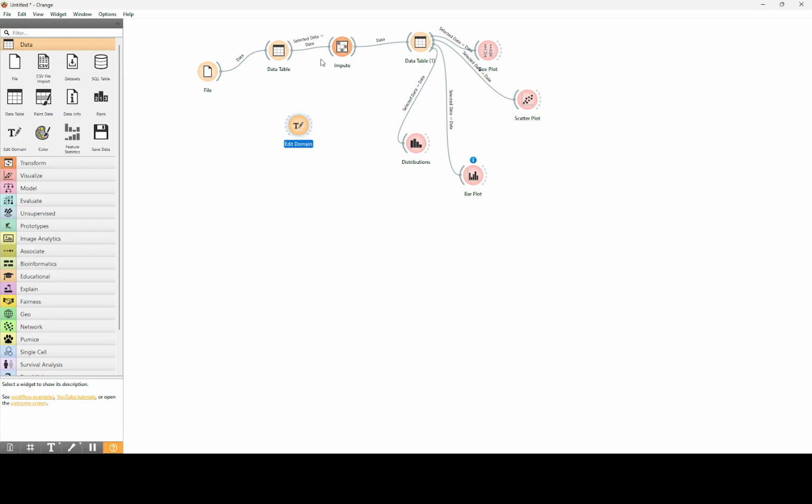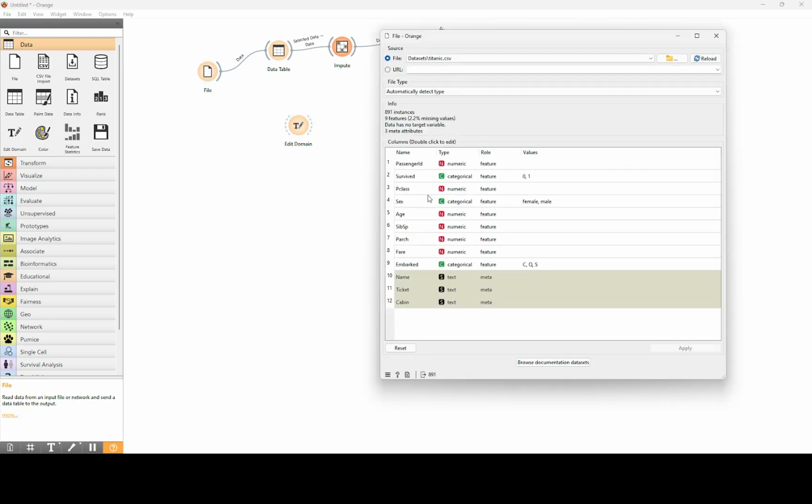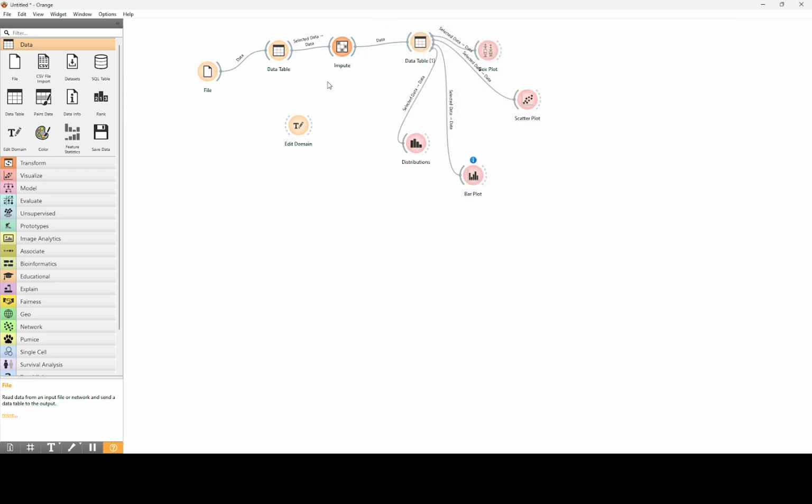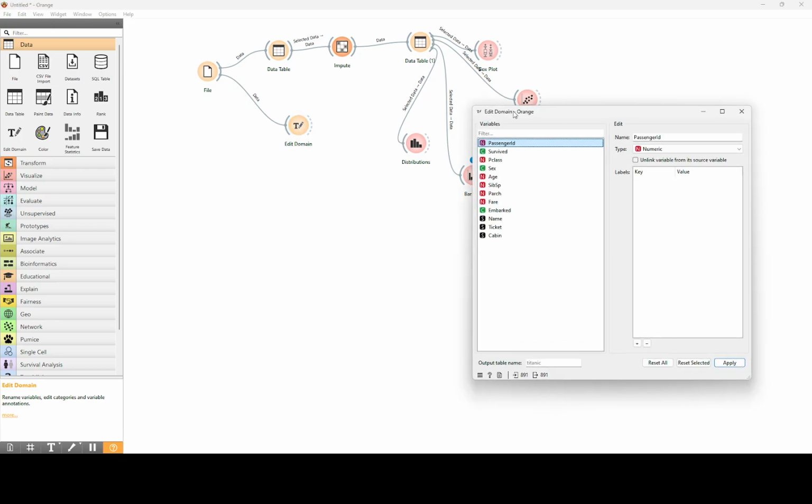For example, here we can see that these are categorical data. Here, this gender, or sex, is also categorical data, and also embarked is categorical data. So if you want to change into numerical values, obviously if you are doing linear regression, we need some numerical value. So for that, we can go and do it using the edit domain.